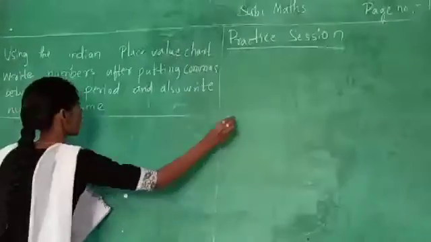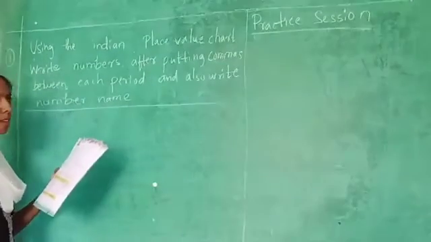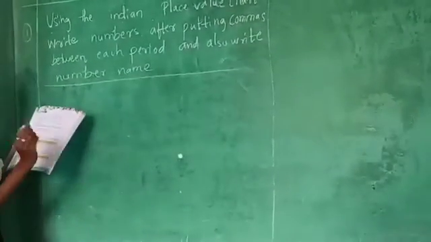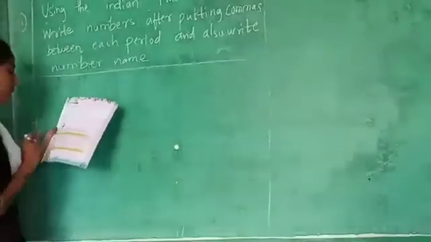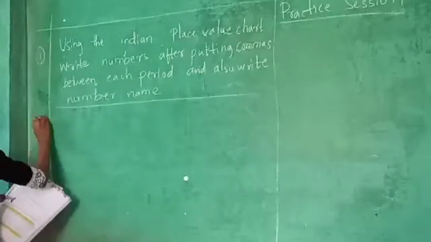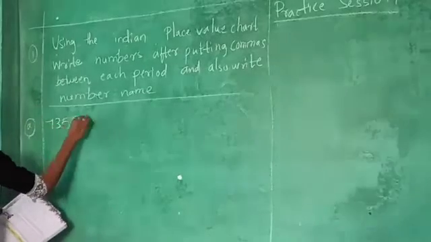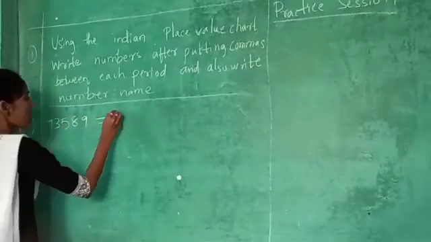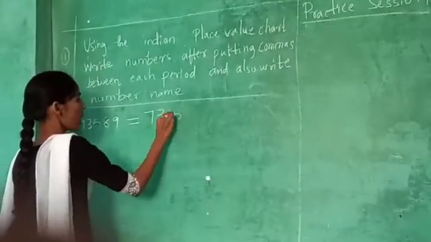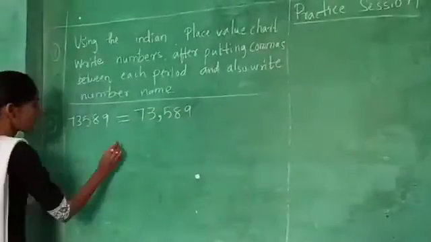In the textbook, the box they have given, we can't write the number name there, as the place is not sufficient. Now see A, B, C, D, totally they have given 4 numbers. They gave only the number; we have to separate it by commas, then write the number name. First, A, the number given is 73,589. Now we have to separate this by commas. How? After the thousands place we have to give a comma: 73,589. Then we have to write the number name of this one.